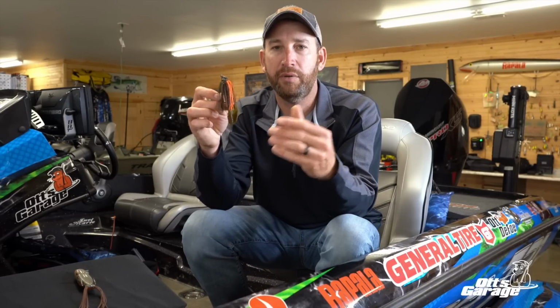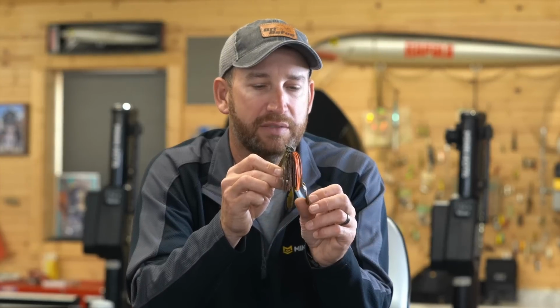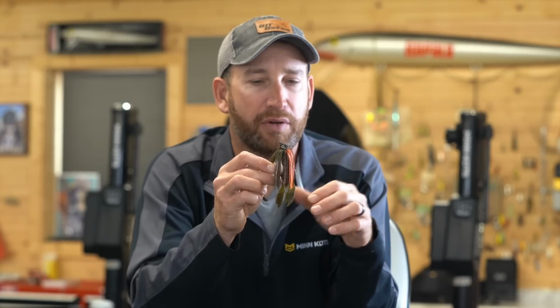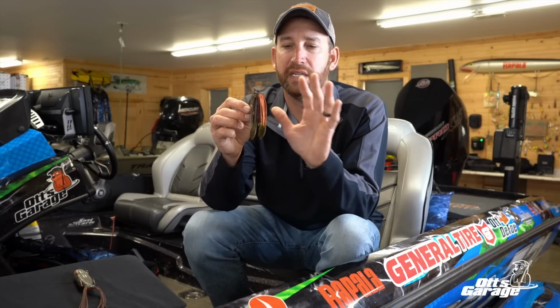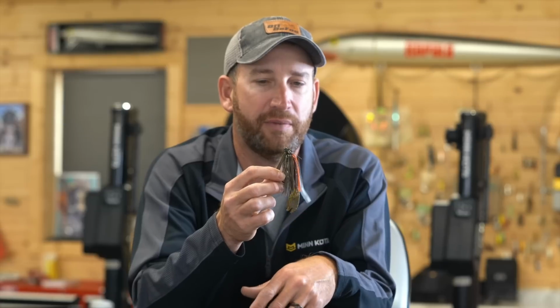If I want a twin tail grub, I want some big beefy legs like that Swimming Crawl has, where it's got those big beefy legs on the back that create a lot of vibration for one, but also add a lot of lift and allow me to fish this bait slower while still keeping it up in the water column. And thinking of that, that's a 3/8 ounce. That's what I use the majority of the time. I carry 1/2 ounce and I'll use those on occasion, but that 3/8 typically gets the nod on that Terminator